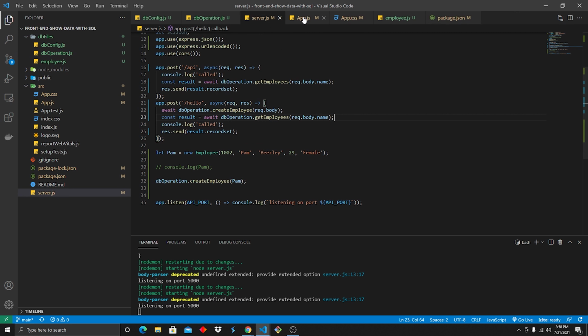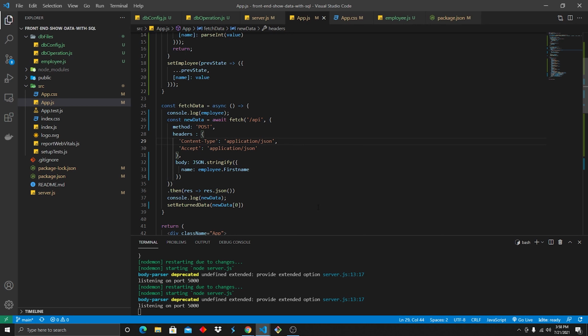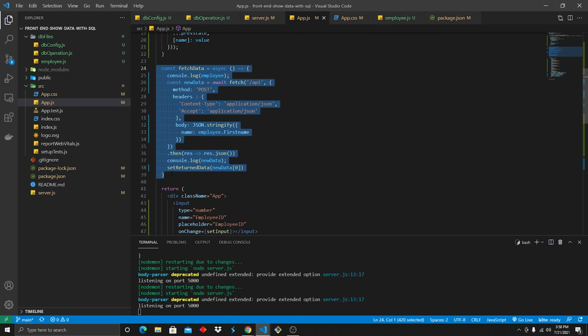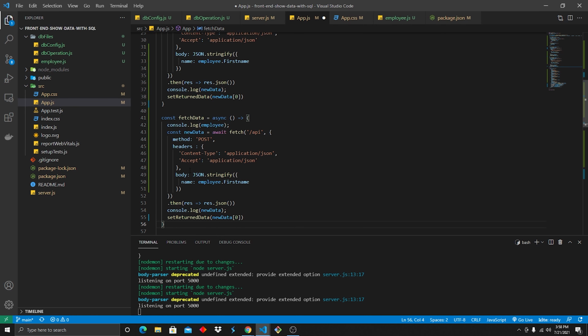All right, now we'll move on to the front end. How are we going to pass all that information in? We essentially need to create another call to our database. So we're going to copy this, and we're going to call it create employee. All right. So it's going to follow the same structure,